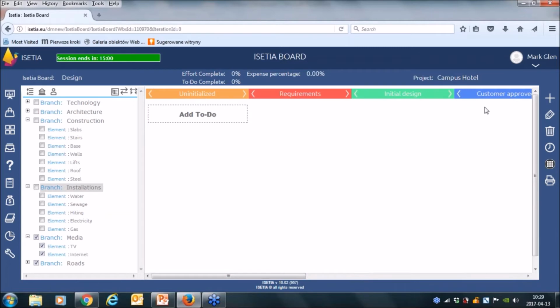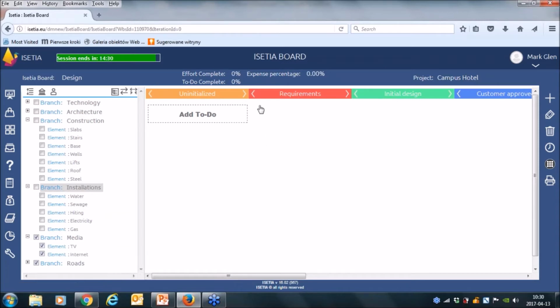So this is the example of the process which will be controlling our work. Just to let you know, you can establish your own process, own steps, own names. It's very easy to achieve, and you can use it in the way that suits you most.